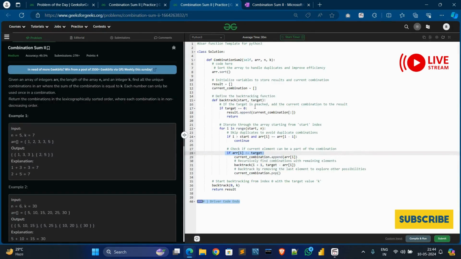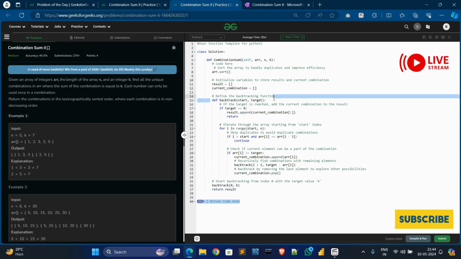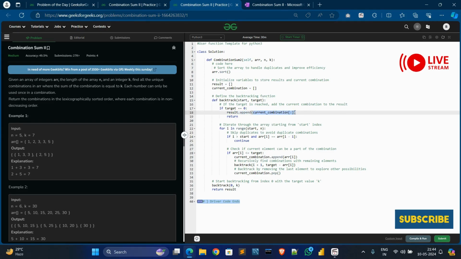Now go to the code. First, we sort the array to handle duplicate values and improve the efficiency of the code. Then we initialize two variables, result and current combination. Then we define the backtrack function and create a condition: if target equals 0, then we have reached the target, so the current combination is added to the result, and we return.